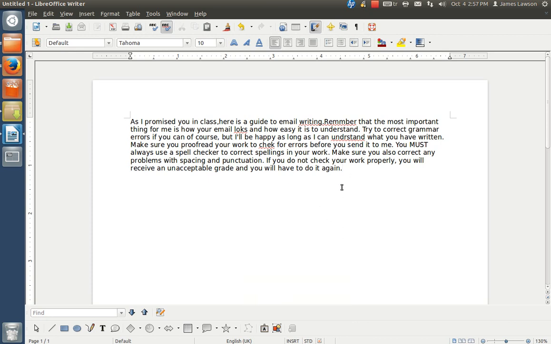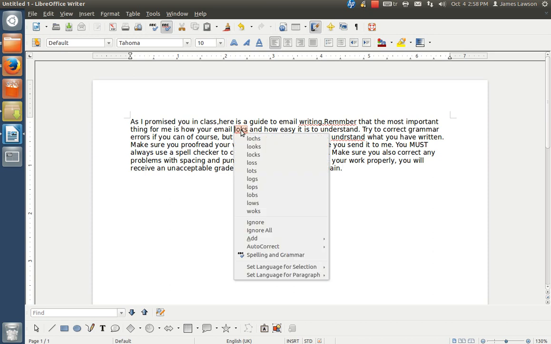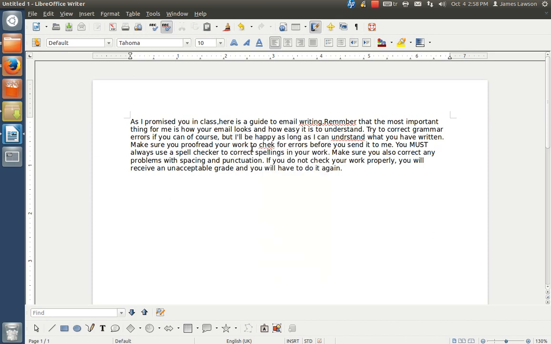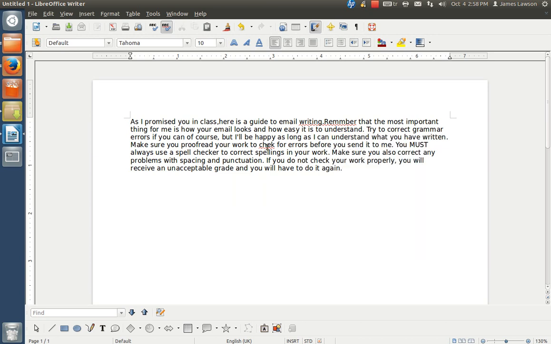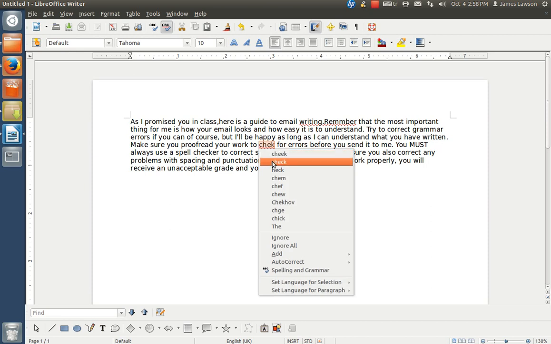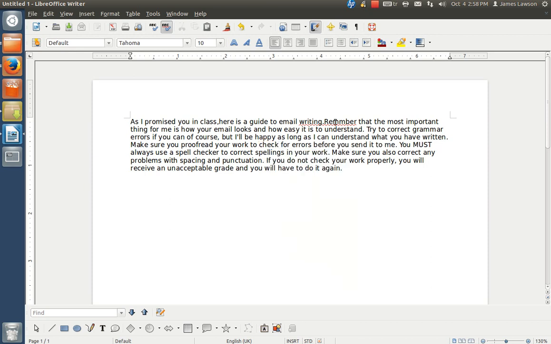Now to change the errors, all you need to do is take the mouse cursor, put it over the error, right click, and it will show you the options. So here, the correct word is looks, and it's correct. The same here. Right click, understand. Right click, check here,